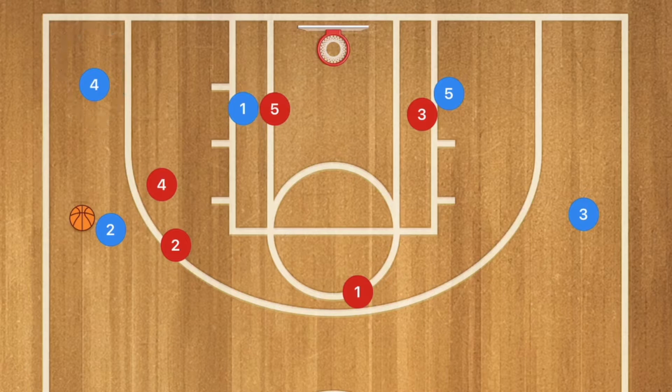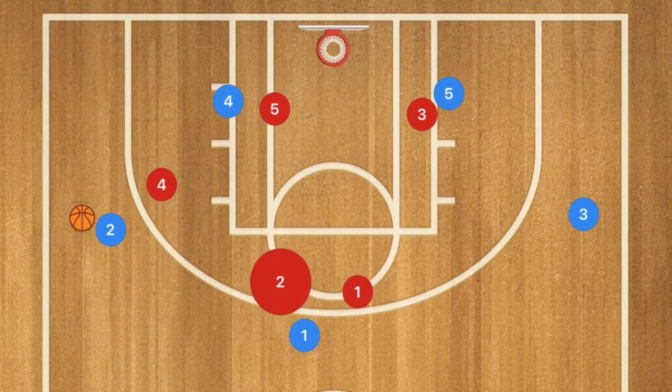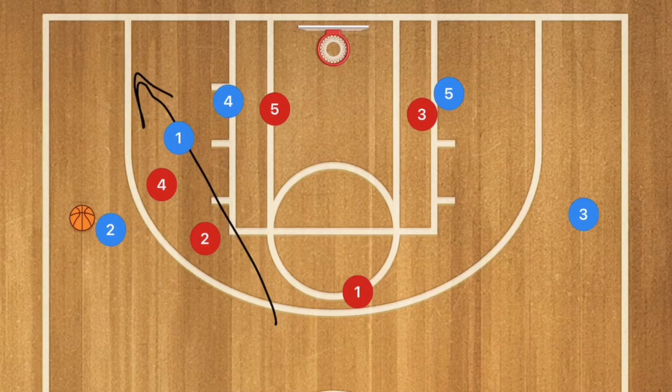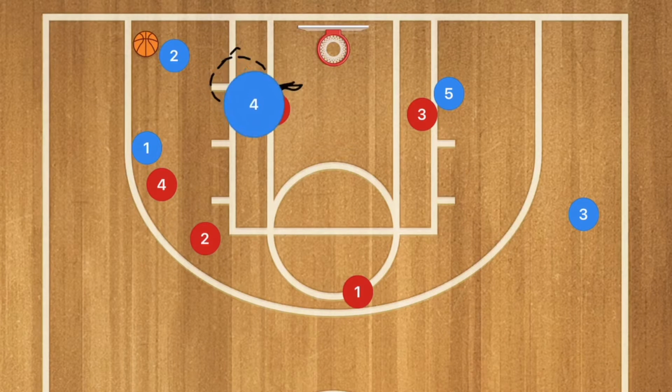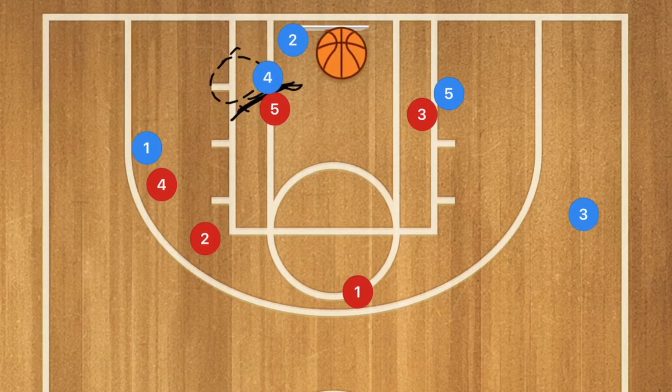Another thing that could happen is after that pass, player 2 is going to be probably following that pass at first. Player 1 can go and act like he's going to cut down to that low wing area, but instead he could wrap around, set a screen for player 4. Player 2 could then drive towards the rim, and now if your post player can seal this man, so if he's posting him up and then he can seal him, that lets your guard get all the way